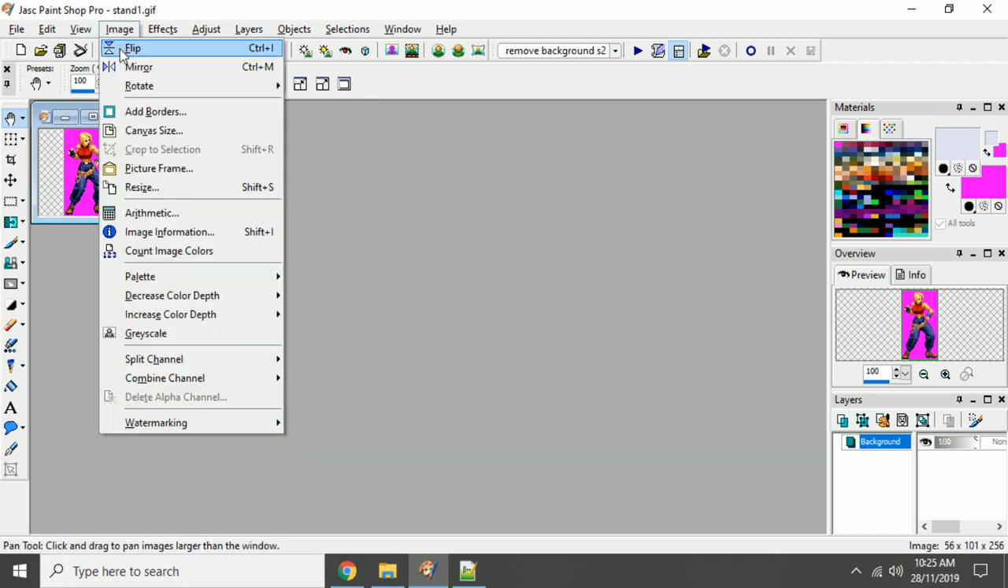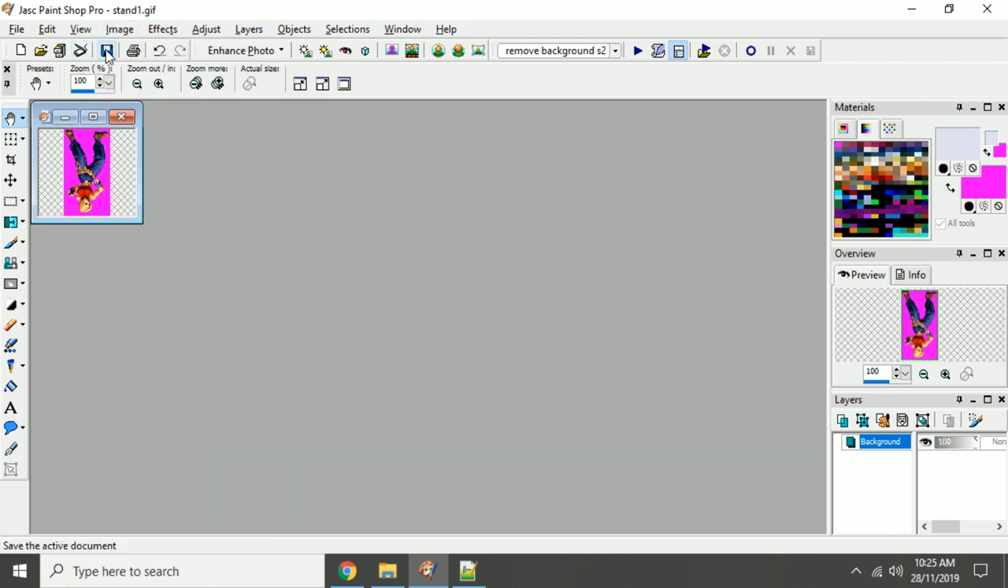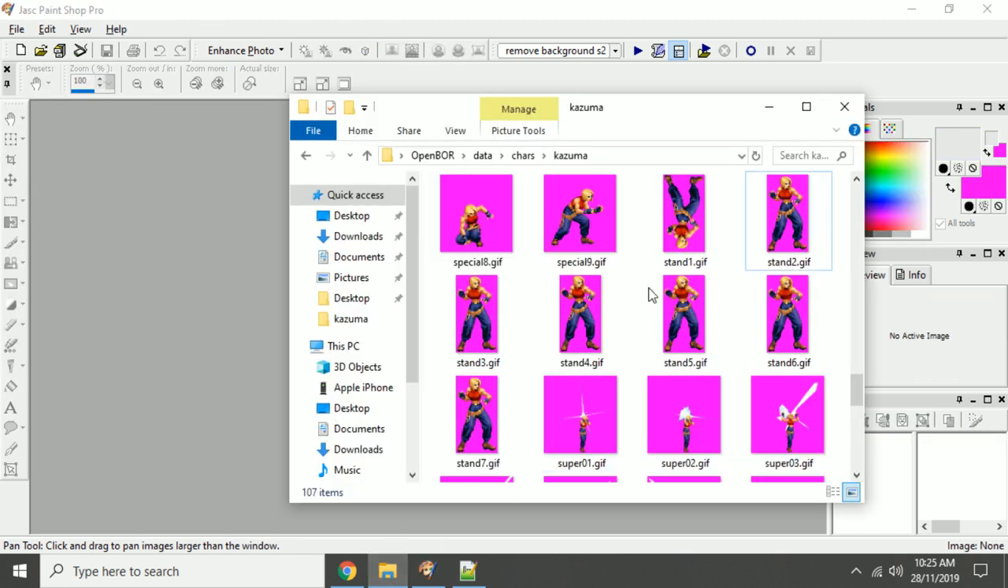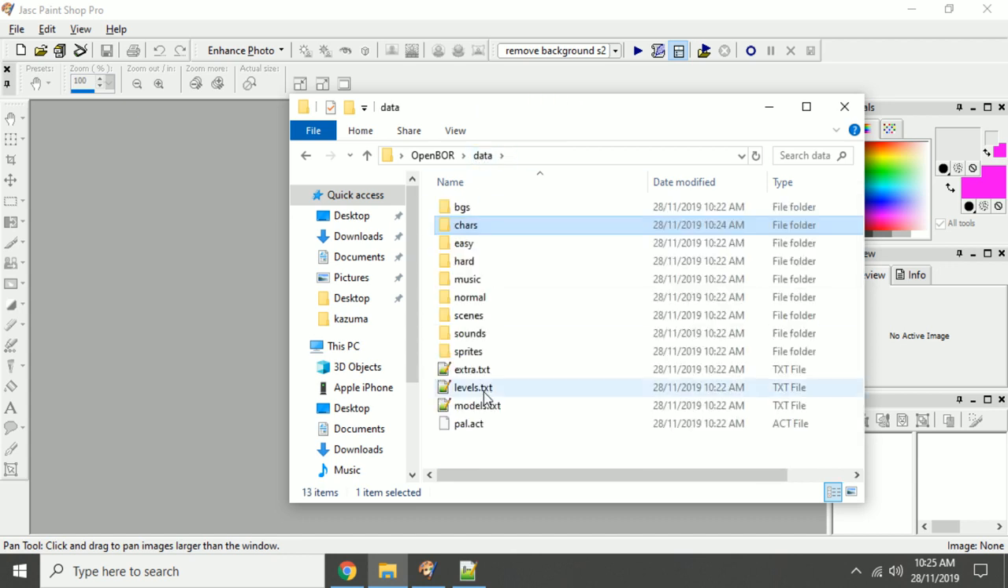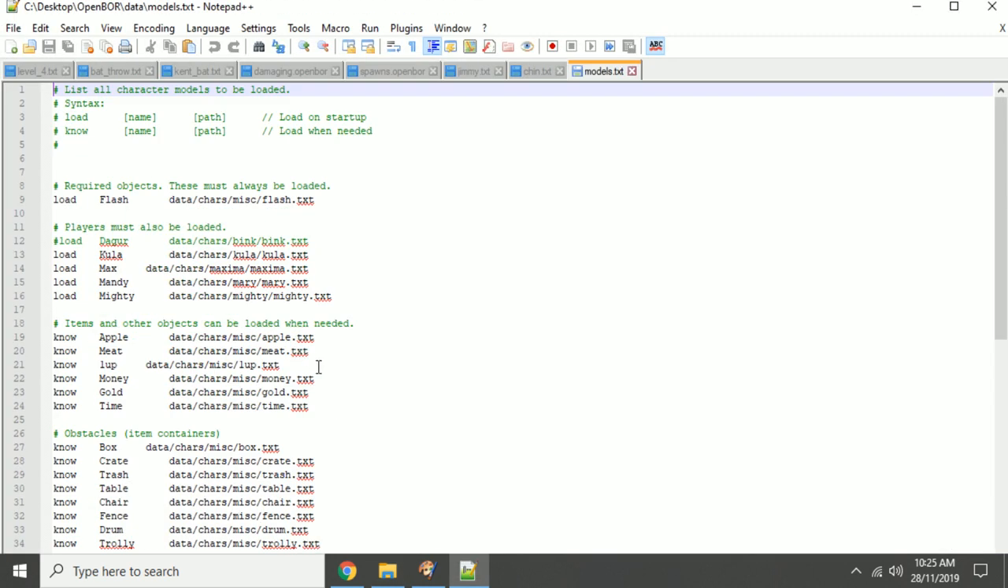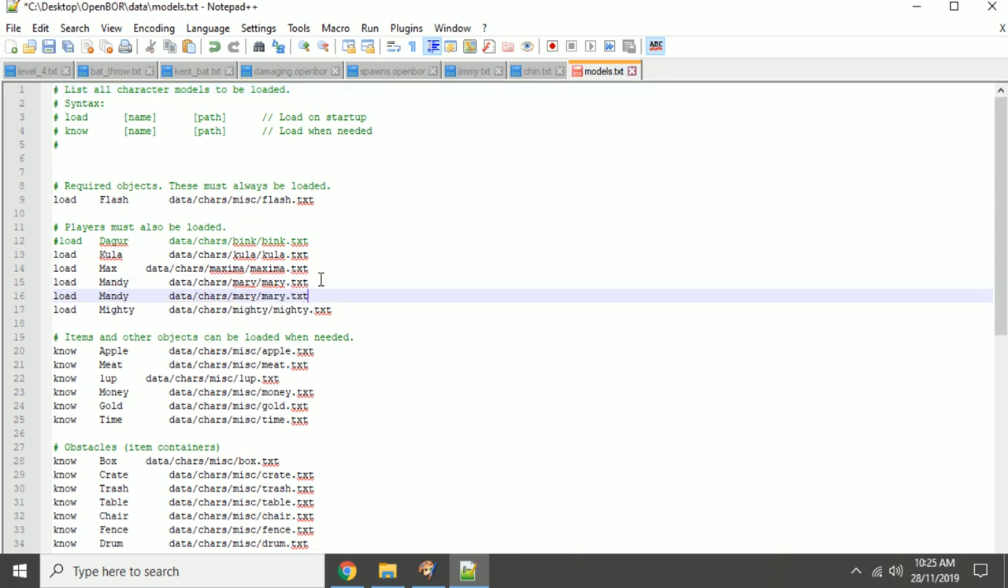Image flip. Okay, let's save that. So now if we go into character select screen, no, sorry, I forgot one step. We need to add this character into the models. So let's copy one of the player characters and just paste it here and change everything to match our new